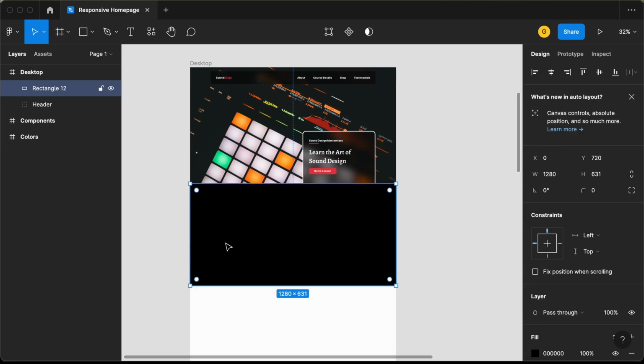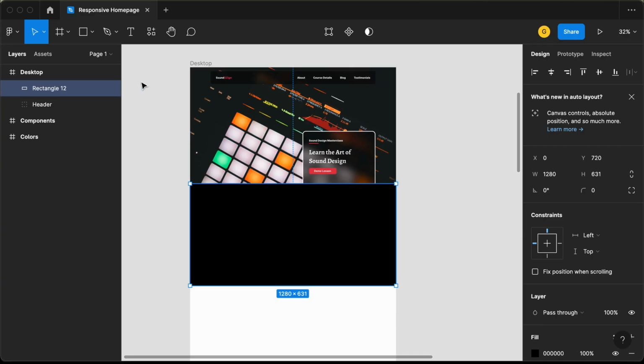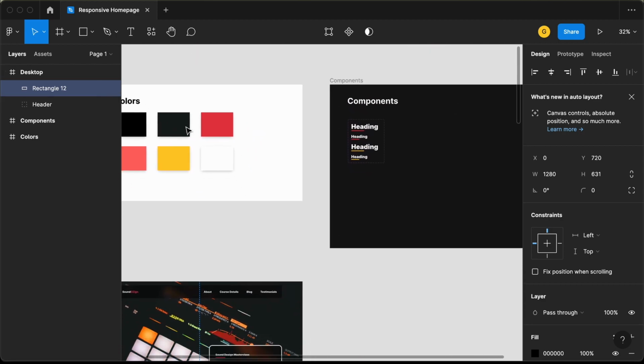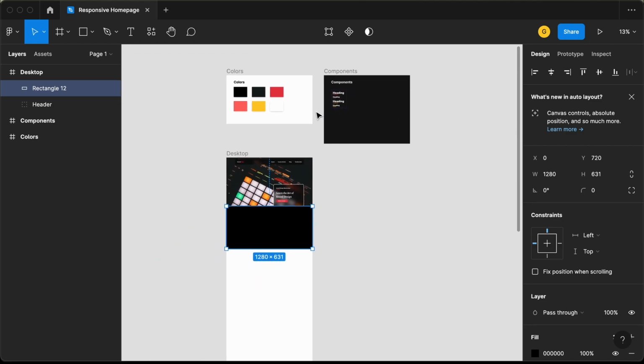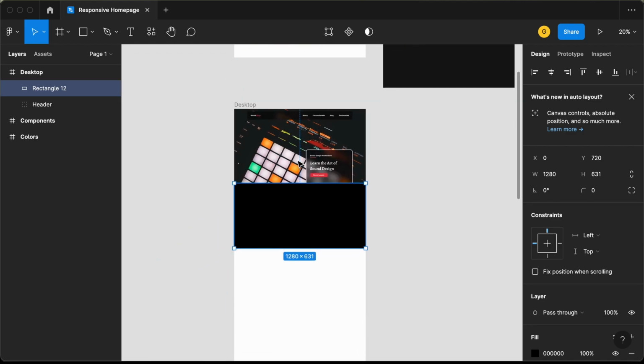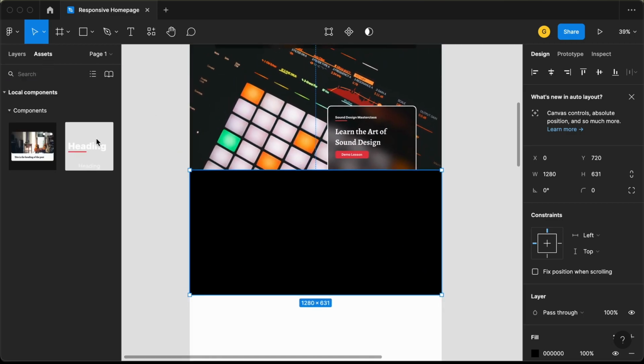Right now, let's add all the elements that we need to have inside this topic section. So the first thing we need to have is this heading. So for the heading, we already have created a component. So here we can see we have created this component for the heading. So let's go ahead and use this heading. Now to use that, we can just go over here to assets and just drag this heading and bring it